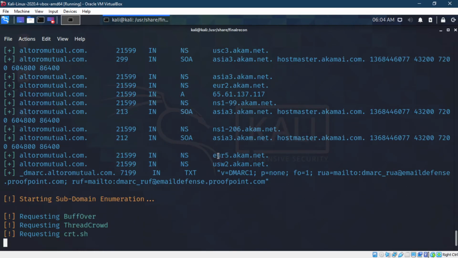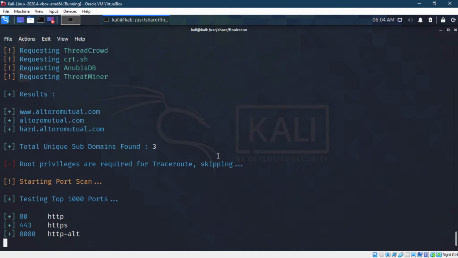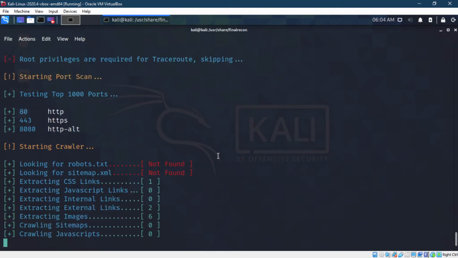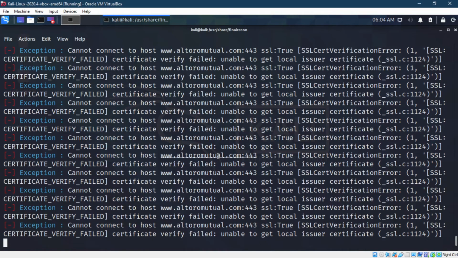Now this time let's see if it still gets an error or not. And under Threat Miner, see, the Threat Miner error is bypassed, because now it can see the configuration directory and it can read the keys.json file. Here we are getting an error because the website doesn't have a good SSL certificate, but I asked it to load with HTTPS. Because of that it says cannot connect to that particular host on 443. That is the error we are getting. If I execute the same command on just HTTP, it would work just fine.